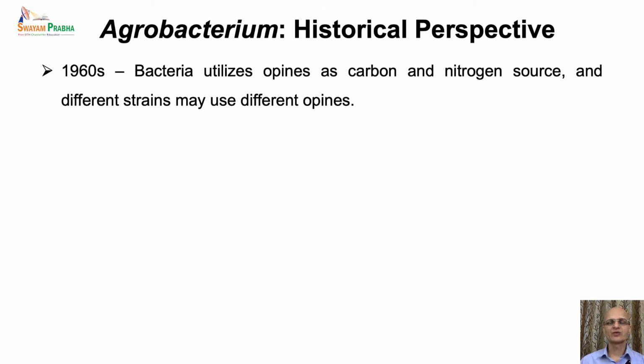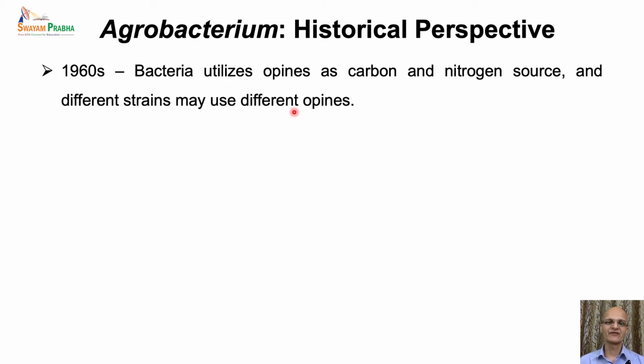Soon after, it was realized that bacteria utilize these opines, that is the unusual amino acids, as a carbon source and the nitrogen source for its own growth and development. And different strains of Agrobacterium use different types of opines. So in the later part of the 1960s, several developments were reported about Agrobacterium biology, and the concept of plant transformation